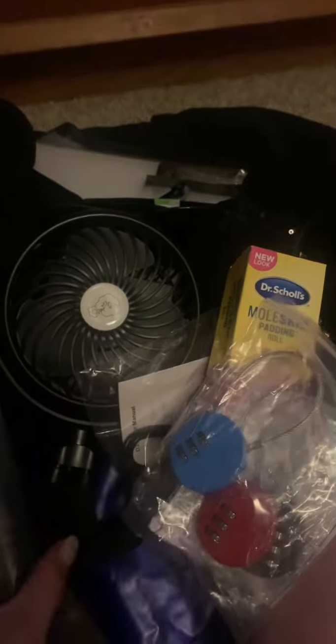Can't go to Disney without chili pads, right? So this you just crack whenever you get cold. Sorry, not crack it. You can crack it too, but you get it wet and it turns extremely cold. So I have chili pads, and then I have, this thing was kind of expensive. It was around 30 bucks, but this is the